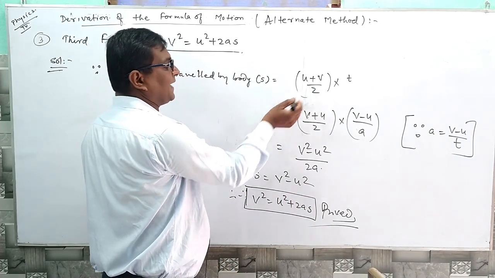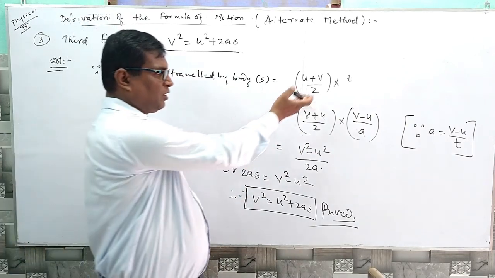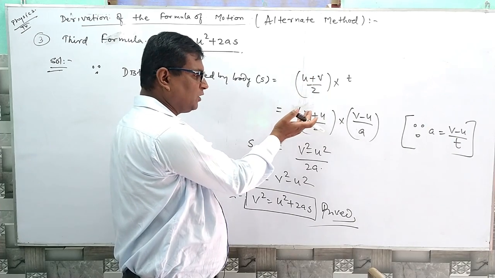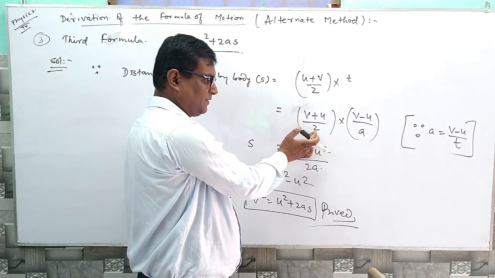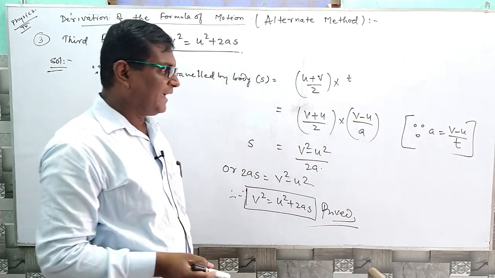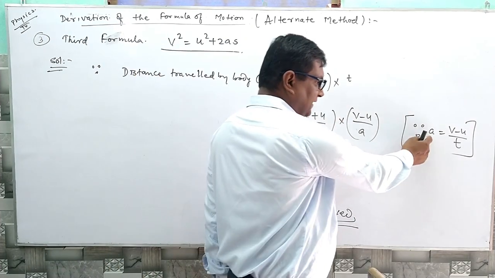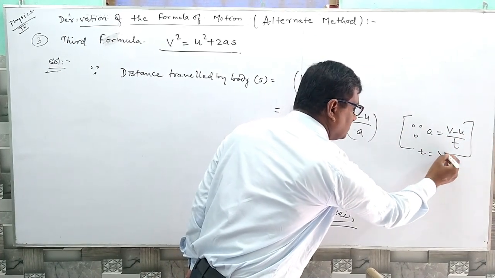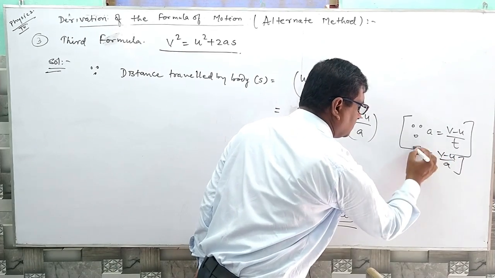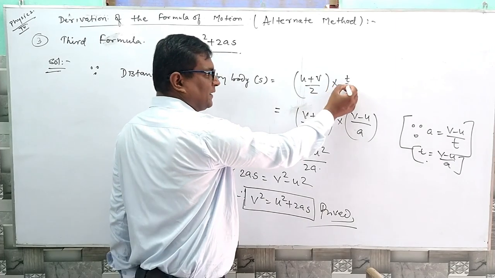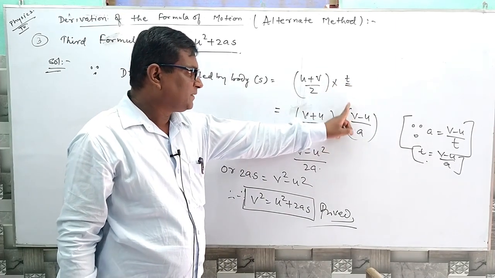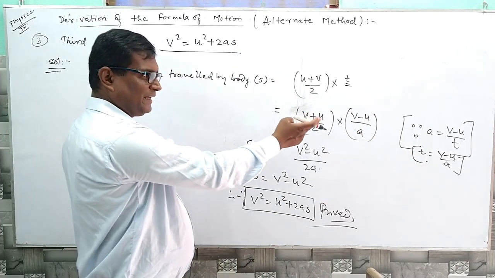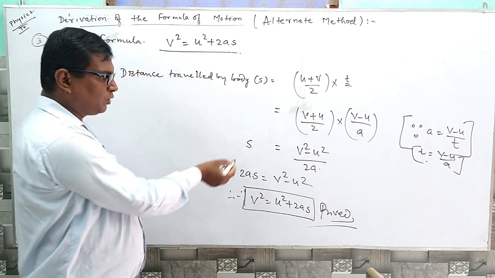So we can write u plus v, also known as v plus u by 2, into t. As we know that a equal to v minus u by t, so t equal to v minus u by a. Putting this in place of t, from a equal to v minus u by t, so s equal